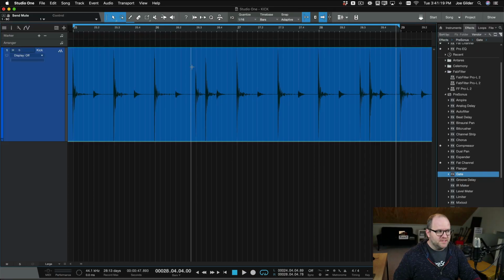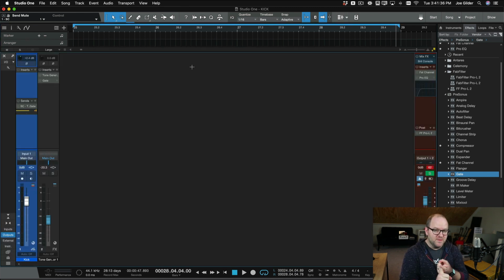Okay, here is our kick drum in question. It's fine, but let's say we want a huge sounding kick drum. Rather than just boosting the low end, we don't have a second microphone to use and not going to add another sample, we can actually do some really fun manipulations with a tone generator and a gate to literally create